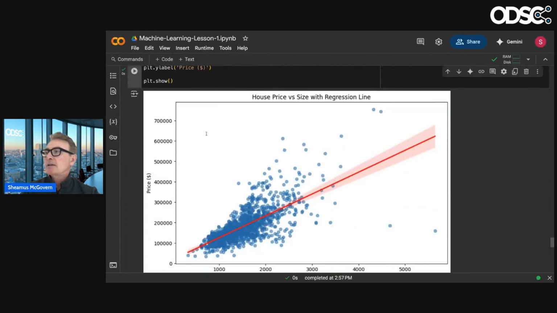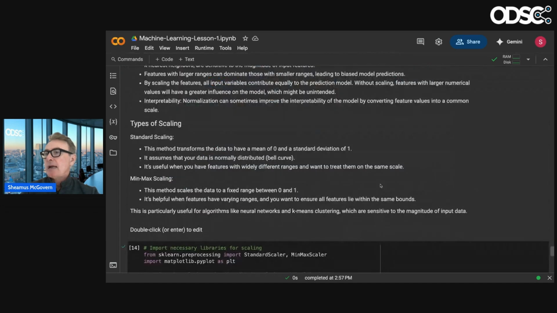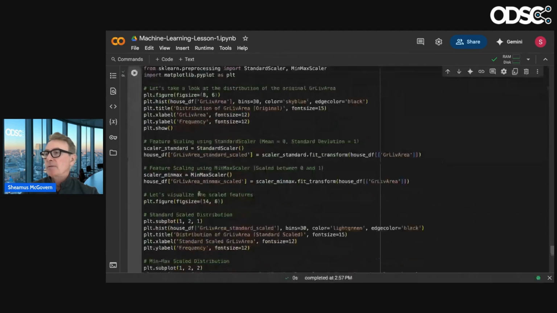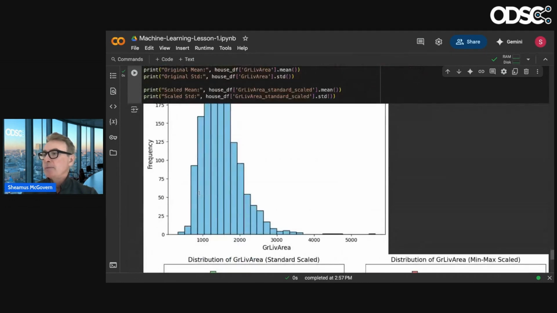And then here's a scatter plot with a regression line. So again, in Seaborn, very simple to do. We have this regression plot method here, and we add our KWS line. We went over that. And we talked about scaling, standard scaling, and normalization. So I'm not going to cover that again. So take a look at this code yourself. Standard scaling and normalization. And I think I picked two here.